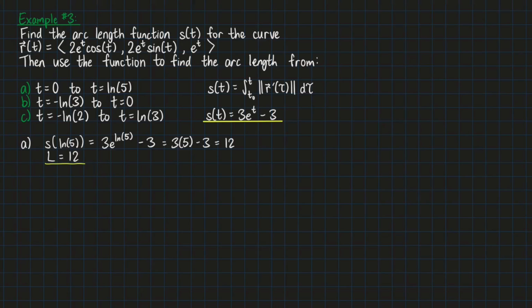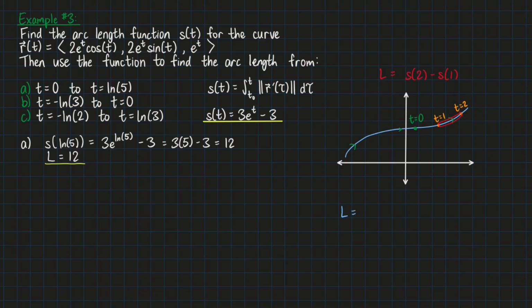And then for parts B and C, you may be wondering, how would we use the arc length function to find the arc length between those two t values? So I'm going to draw a sketch. Let's say t equals 0 is right here. If you wanted to find the arc length between t equals 1 and t equals 2, how would we do that using the function? We find the arc length from 0 to 2, and then we subtract the arc length from 0 to 1. So to find the length between 2 points using the arc length function, L equals s